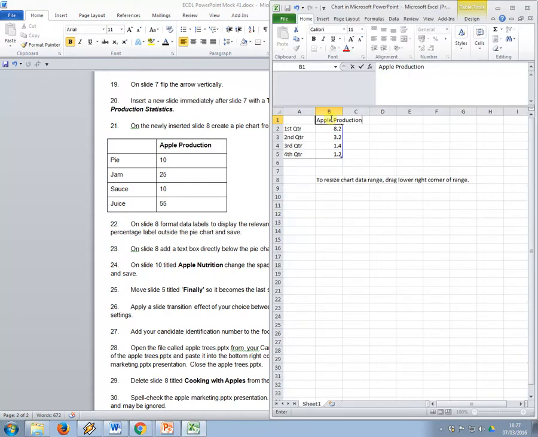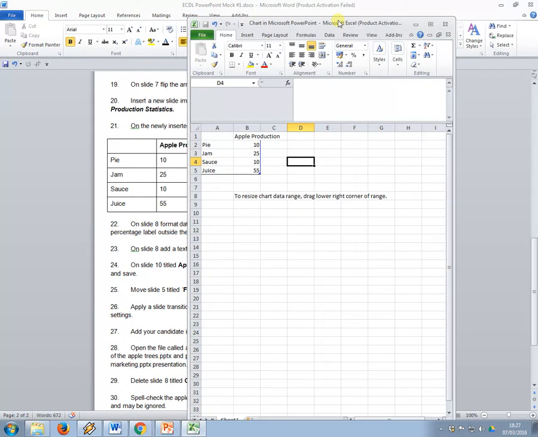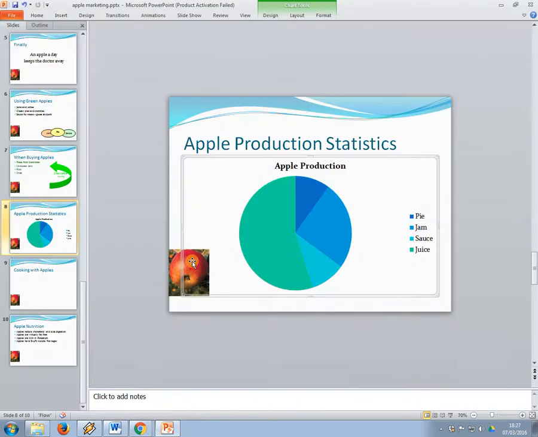And production: pie, jam, sauce, juice. Pie, jam, sauce, juice, and 10, 25, 10, 55. And then all you have to do is press save. No, all you have to do is just close. Okay, and then we can see that the labels have been applied and it's used the data that I just